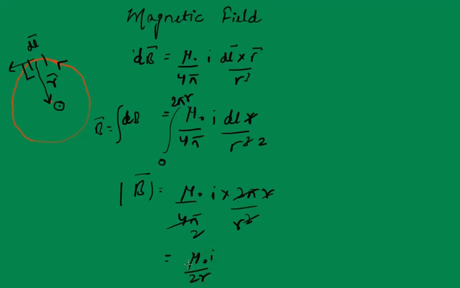So we see that if you have a bigger wire, a wire with a bigger radius, something like this, then the magnetic field at the center would be smaller. So if you have a smaller wire, and assuming current is the same, a wire with a smaller radius having the same intensity of current will have a greater magnetic field at its center than a wire in which current is the same but the radius is higher. So the magnetic field because of the bigger circular wire would be lesser.